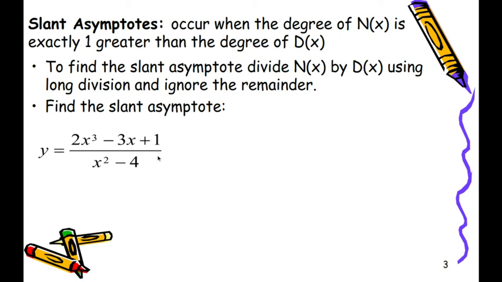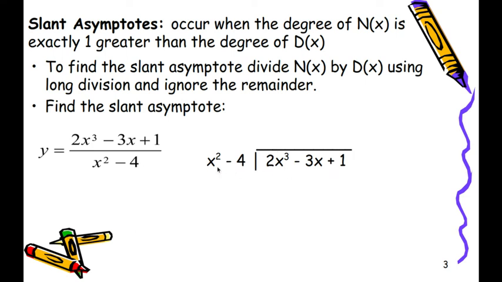rational function. Okay, so because the degree of the top is 3 and the degree of the bottom is 2, this falls under the slant asymptote case. So there's no horizontal asymptote because the degree of the top is bigger than the degree of the bottom. But because it's exactly one more, there would be a slant asymptote. So we're going to set up our long division bar. If you remember what that is, so we've got our division bar, and we put our numerator inside, denominator on